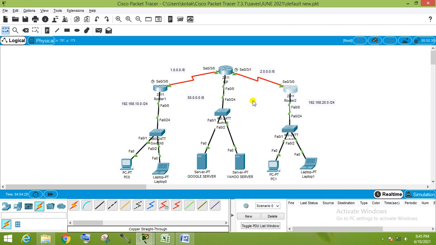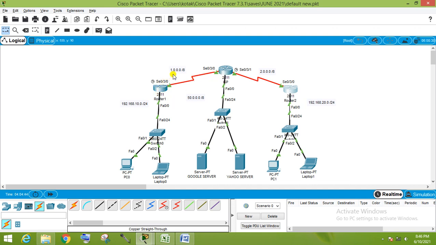So what we are doing, we are considering that this is the ISP router, and suppose this is router 1 that is connected with the ISP router.